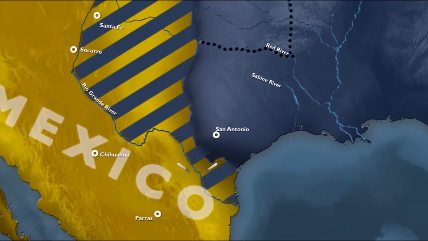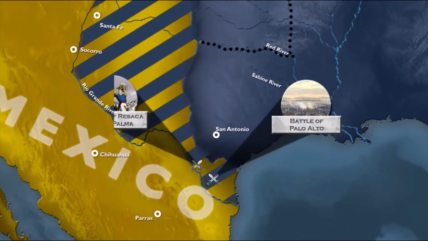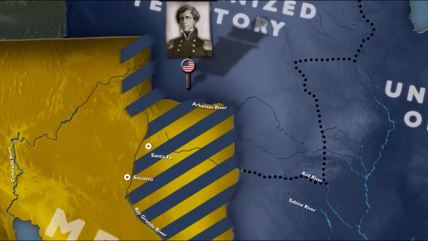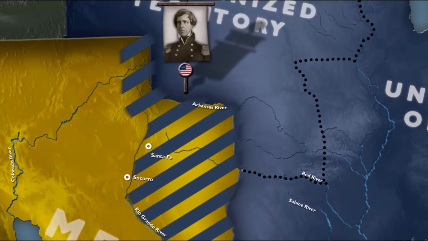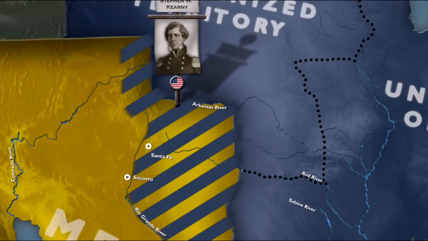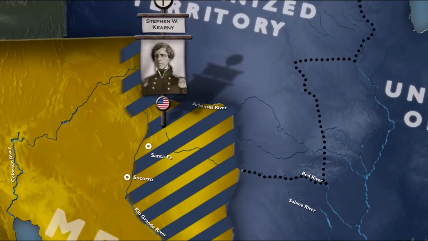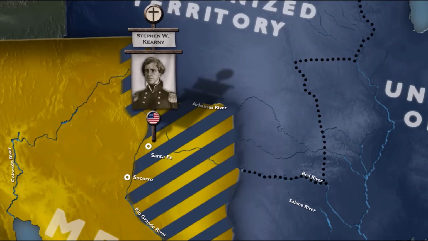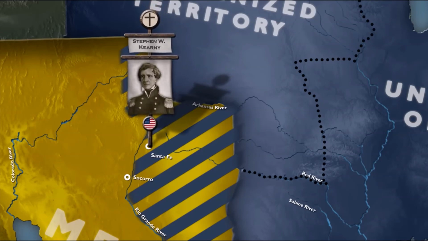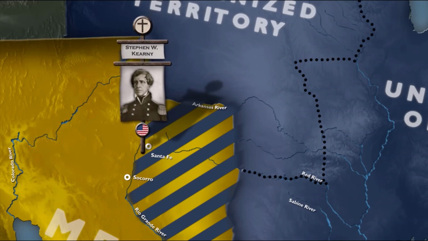The Americans achieved two victories at the Battle of Palo Alto and Resaca de la Palma. General Stephen Watts Kearny and his troops started to advance in the disputed territory and in New Mexico. The American troops encountered no Mexican forces when they arrived on August 15th. They entered Santa Fe and claimed the New Mexico territory for the United States without a single shot being fired. Kearny declared himself the military governor of the new territory on August 18th, and he established a civilian government. A temporary legal system was created, known today as the Kearny Code. Kearny set out for California on September 25, 1846.